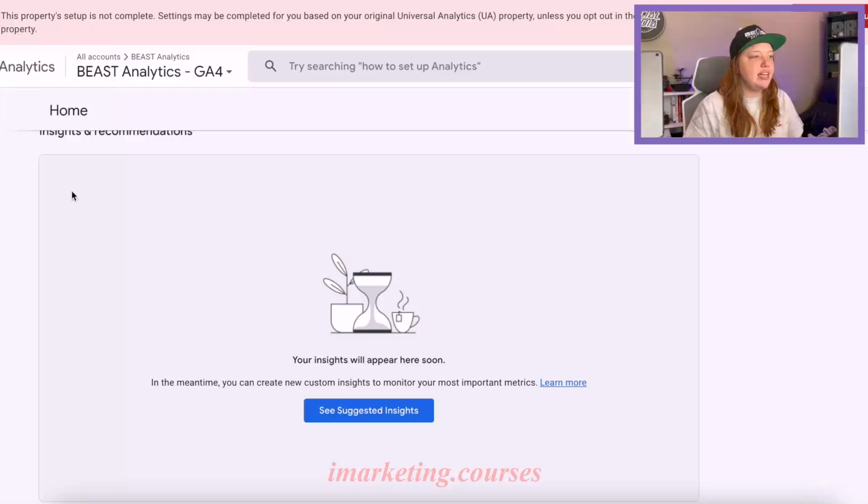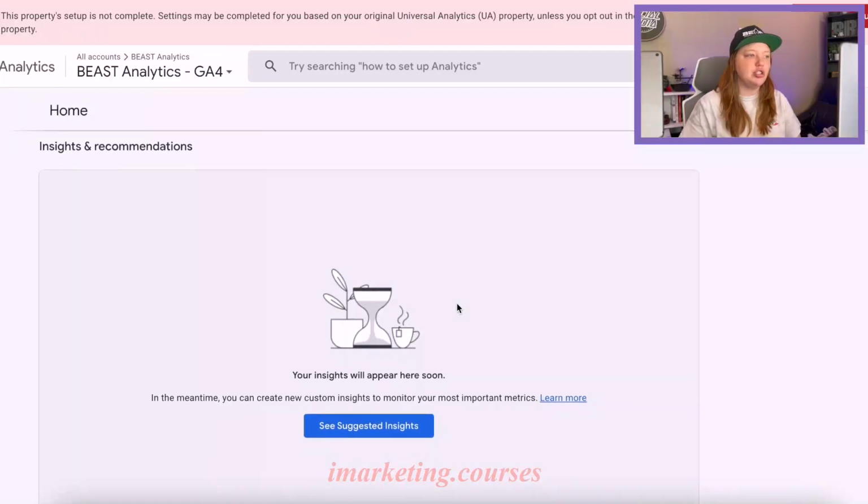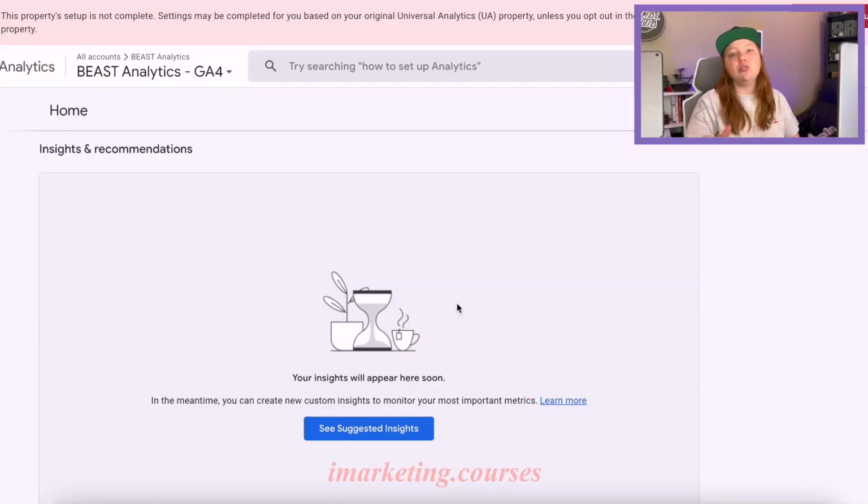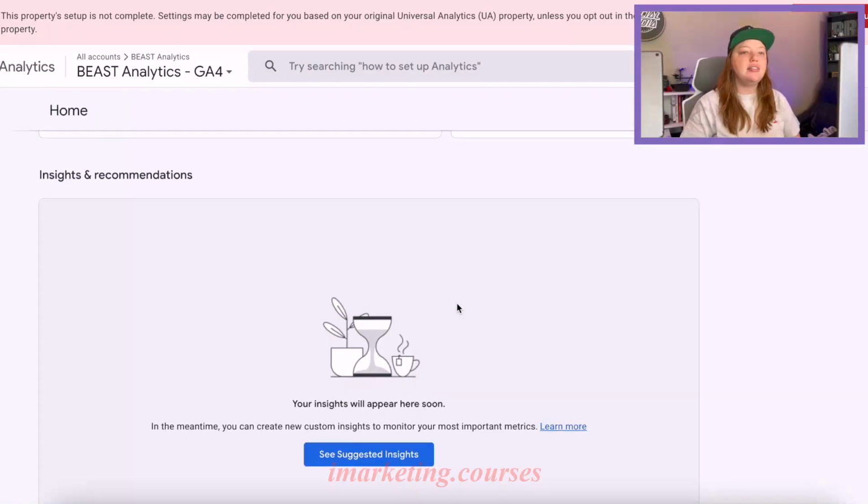The next section is your insights and recommendations. Insights live here, but they also live throughout the platform. Now, this is where Google is really flexing some of its machine learning, artificial intelligence muscles, right? I always say that analytics comes down to two things: your trends and your outliers. The trends are the things that you can rely on to happen over and over again, things that are considered